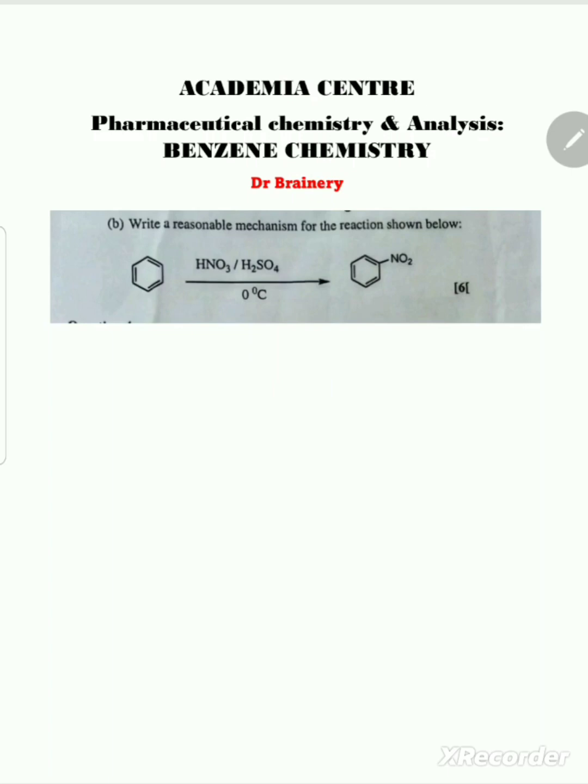Write a reasonable mechanism for the reaction shown below. When you look at this reaction, this is benzene reacting with these reagents at 0 degrees Celsius, forming this. This is nitration. So we need to understand about this. This is a nitration reaction, don't forget that. And then, we don't write the steps like we learned here. It's just a continuation. But what you need to keep in mind is that the first step is generation of